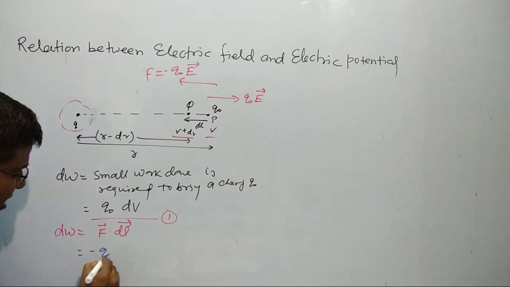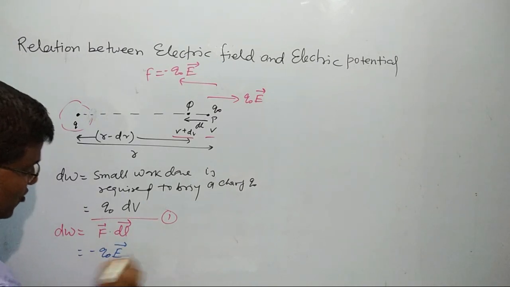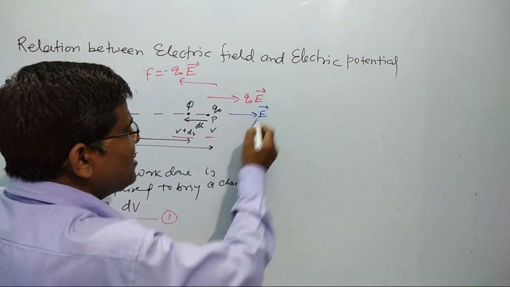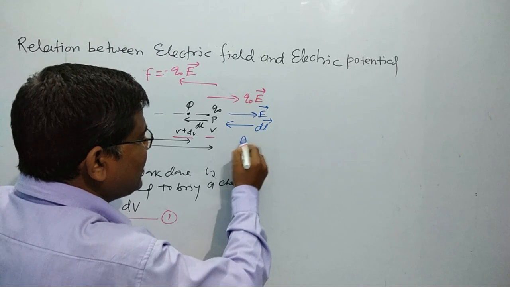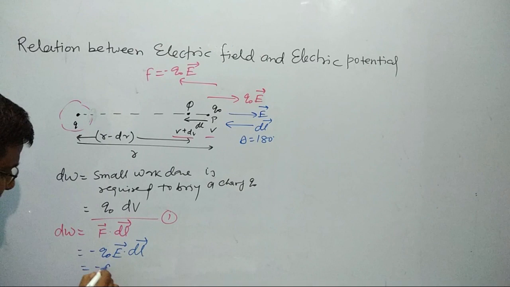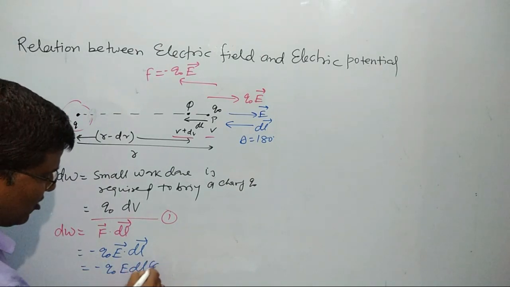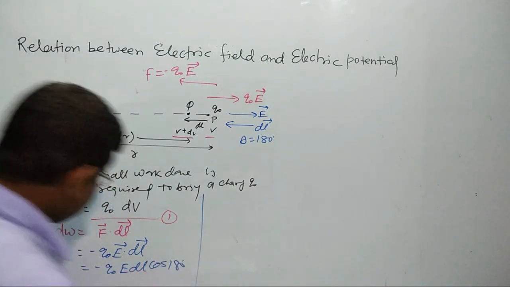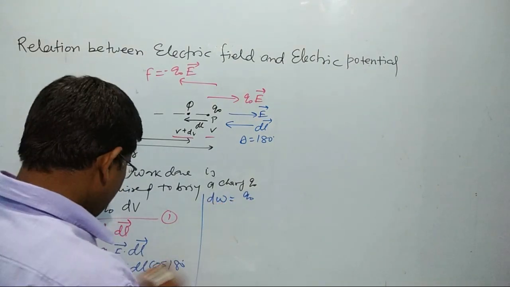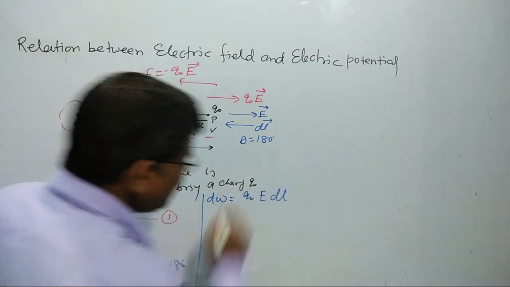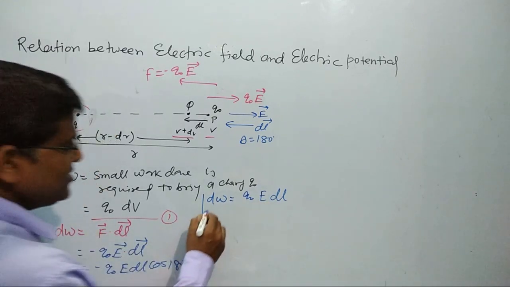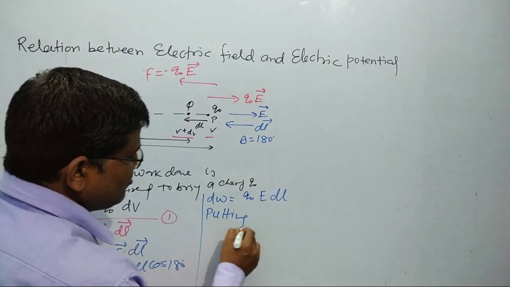That's why here it is minus Q naught E dot dl, and E vector is in this direction and dl is in this direction. That's why I consider theta equal to 180 degrees. Then minus Q naught E dl cos 180 degrees, and this becomes dW equal to Q naught E dl. And putting this value in equation 1,